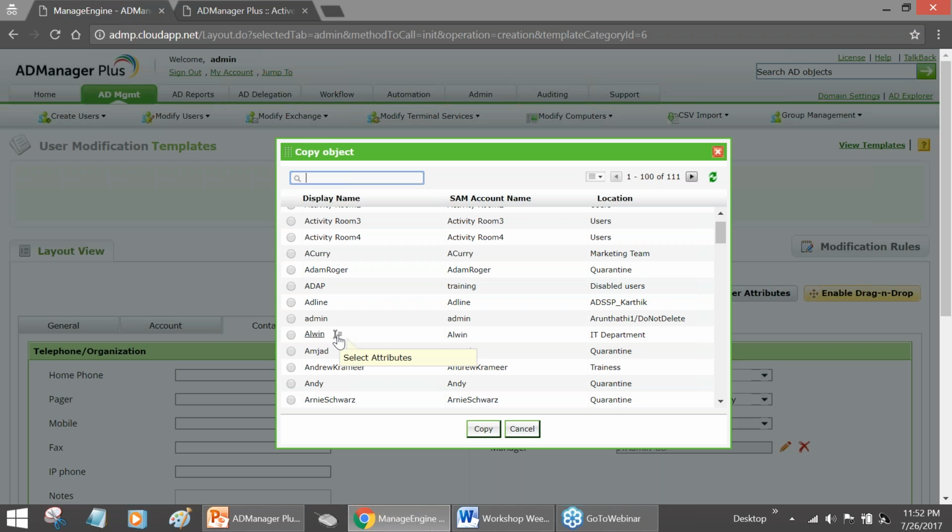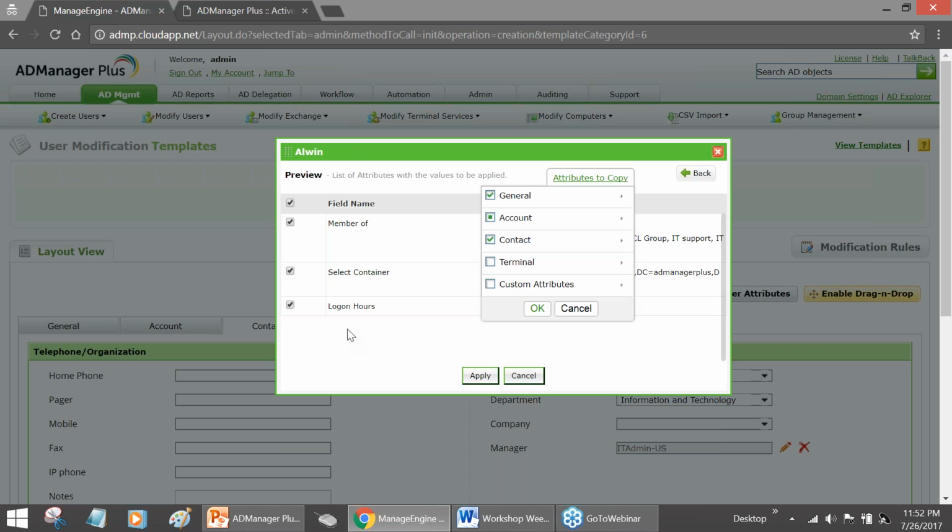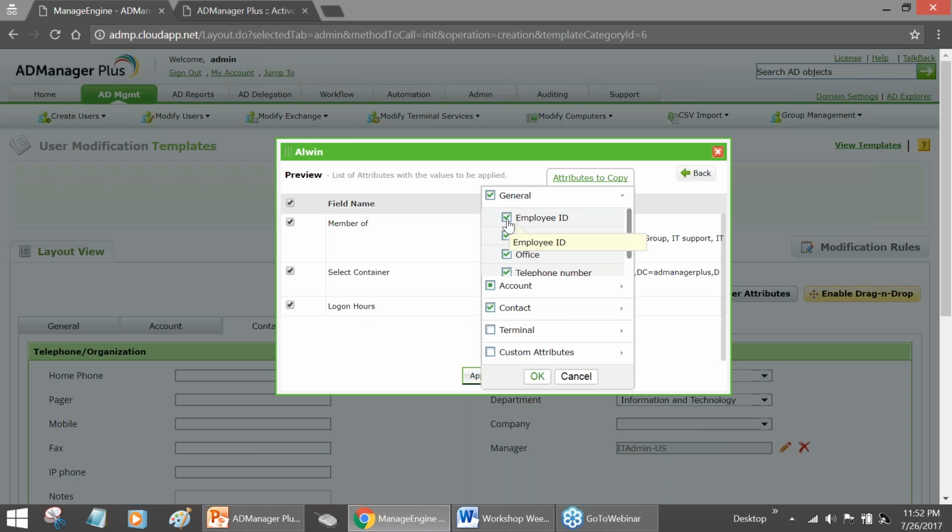So how do you do that? You can click on the spanner icon that's right here, and select those attributes that have to be copied. So you can go granular and deselect those attributes that you do not want to be copied. Something like employee ID is unique, so you do not want that to be copied. But then description, office, again, the telephone number can be removed. Select container, all of that is going to be common for anybody who's going to be a part of the